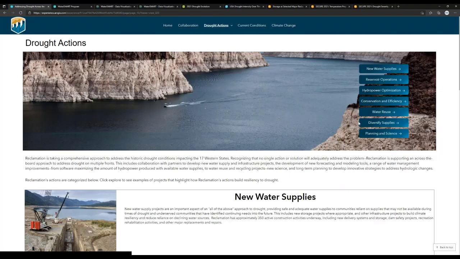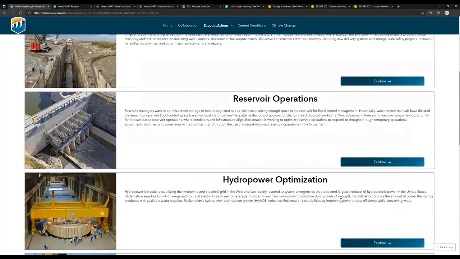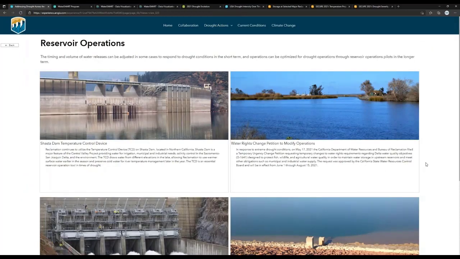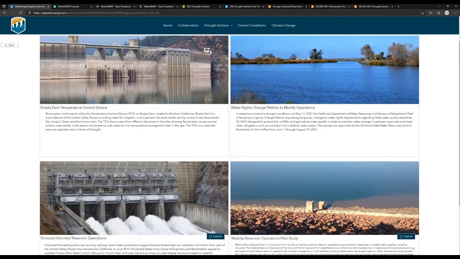And if you scroll down a little, we have the ability to look at examples of these various mechanisms. So we have an explanation here on this first part about how reservoir operators might use reservoir operations to manage water during times of shortage. And then if you click on that explore button, you can see that we have a few examples here of how reservoir operations might be used to manage water for drought purposes.